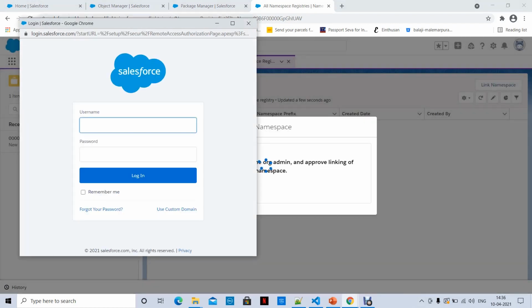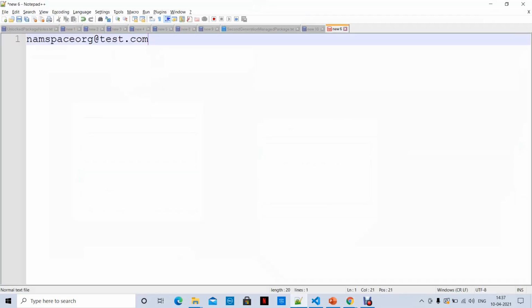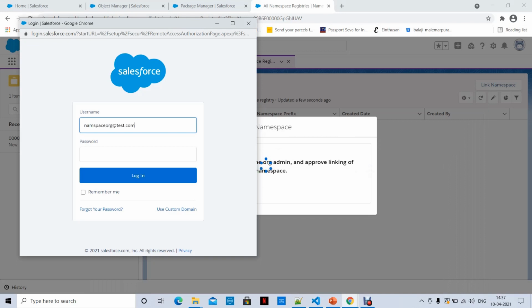Now it will ask the credentials of the Salesforce instance where you created a namespace. So where I created a namespace, this is my namespace org. You can give any username anyway. It's just a developer edition account.